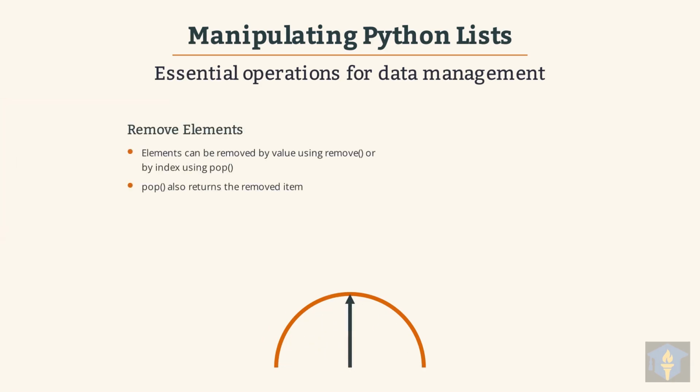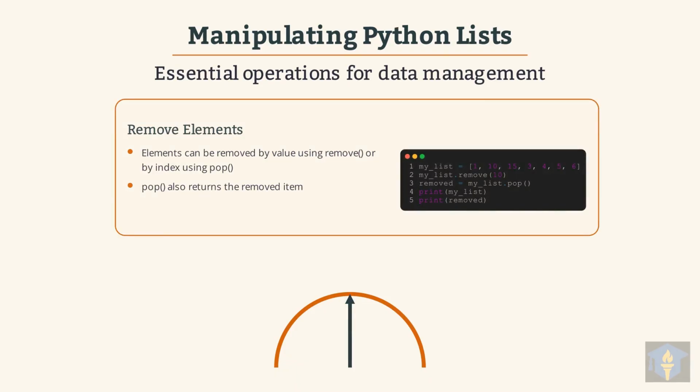Finally, let's explore how to remove elements from a Python list. Elements can be removed by value using the remove method, or by index using the pop method, which also returns the removed item. This code demonstrates removing an element by its value, then using pop to remove the last element